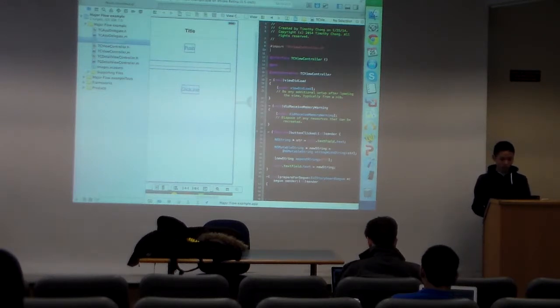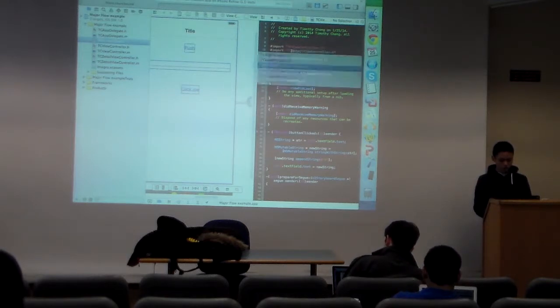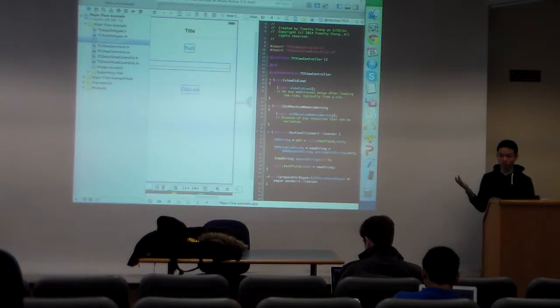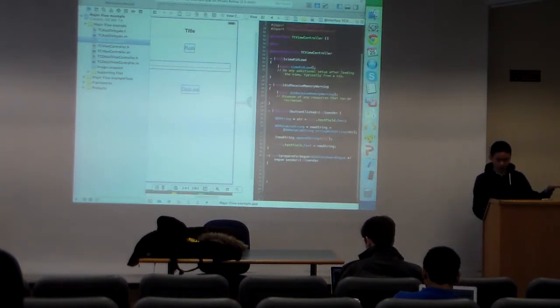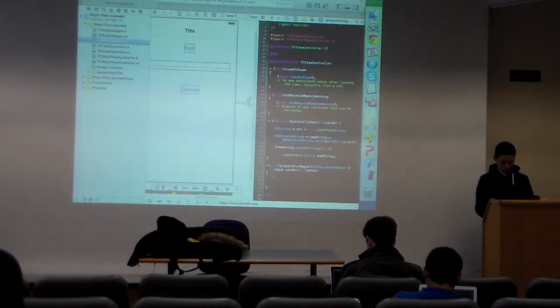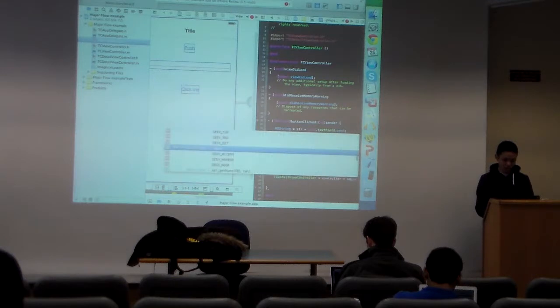So we first have to import TC detail view controller in order for it to know that there's a detail view that might exist. Then you declare a pointer, TC detail view controller. I'm just going to call it controller, and it's equal to,